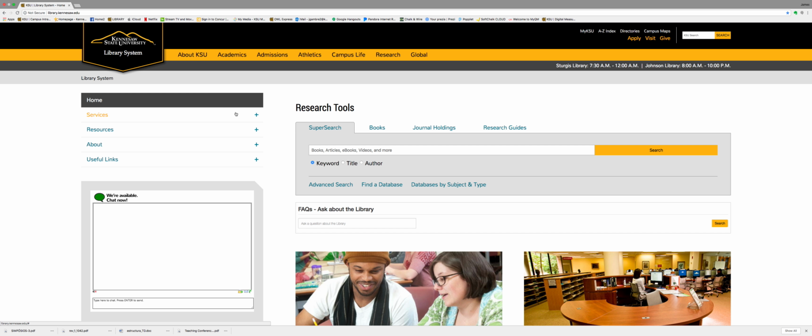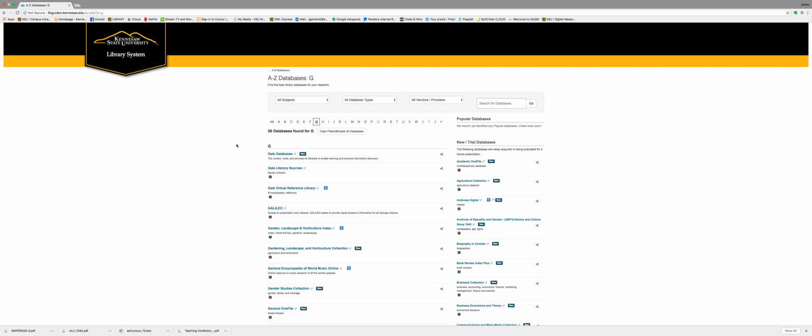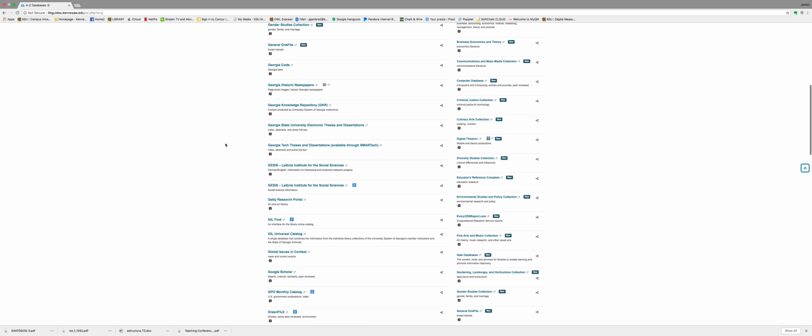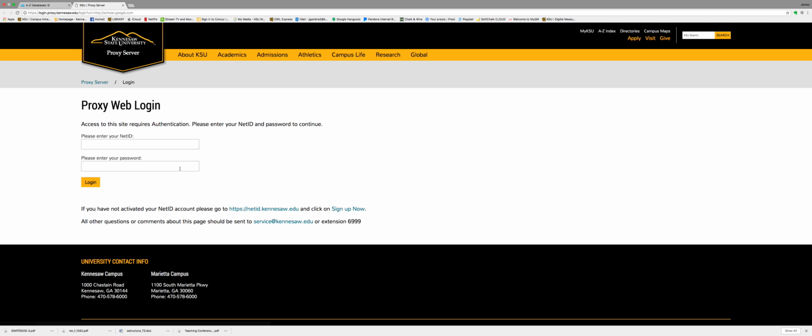Library.kennesaw.edu. Now, this tool called Super Search you can use, and Kennesaw claims that you are kind of going through all of the search engines that are included with KSU, and that's fine. You can do that. I prefer to go to Google Scholar once again because it looks and acts like Google. So you go to find a database, you go to G for Google, and then you find Google Scholar right here. And then you're going to have to enter your net ID